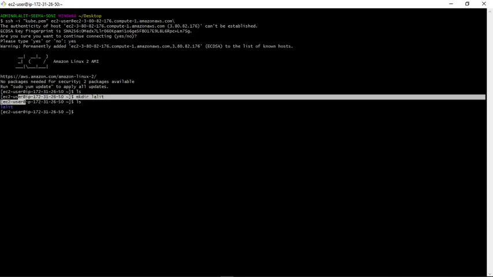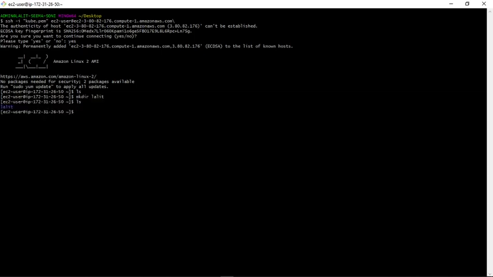So guys, you can see we are now in our EC2 instance, configured somewhere in the cloud in an AWS data center. In this way we can connect to our EC2 instance and use it from our local machine.